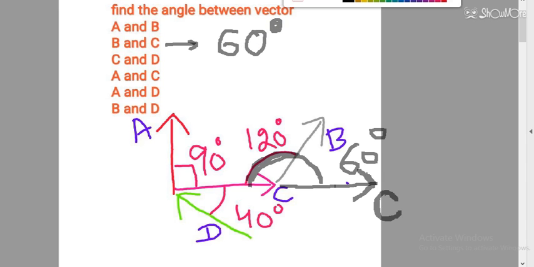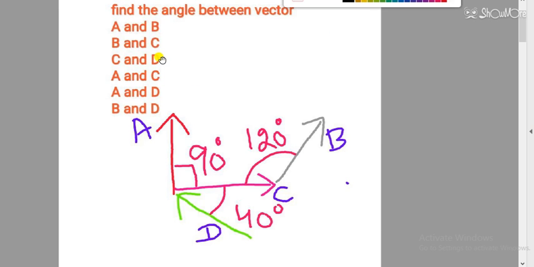Now students, I am going to, okay, wait for 1 minute. Now I am going to question number 3, part number 3, angle between vector C and D. So you can see the tail of C is meeting the head of D. So can I shift D here? Can I shift D here in this way?